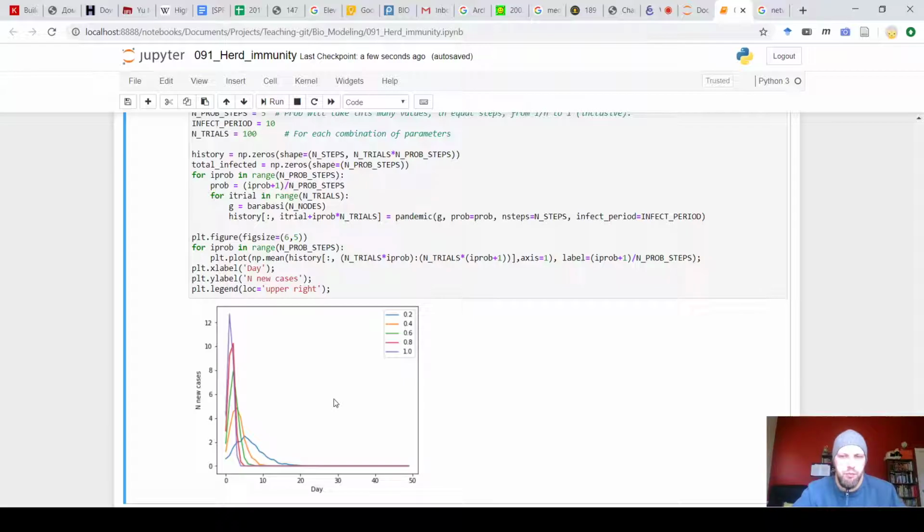Okay, so what's missing? My original question is missing. My original question was the total number of nodes that got sick. How do we get that? We have to count them. Okay, so total infected, I created the variable total infected,